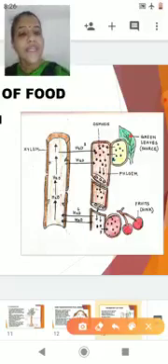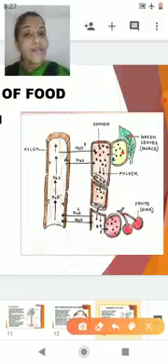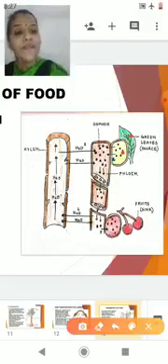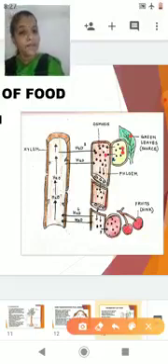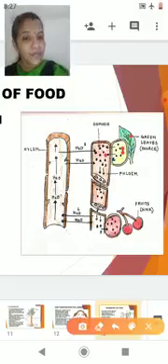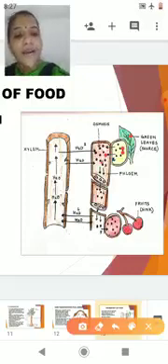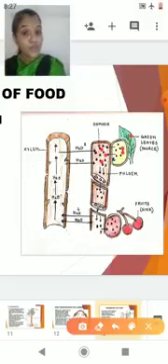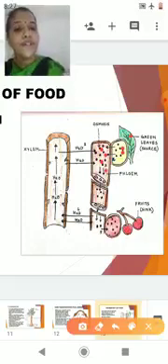Now students, this is the green leaf. This is a cell of the green leaf. The cell of the green leaf contains a sugar, and the sugar here is sucrose. From the leaf cell, the sucrose is transported into the phloem, and this is an active transport. In the phloem right now, you can see many dots. These are nothing but sugar molecules, nothing but sucrose. So that means the solute here is more.